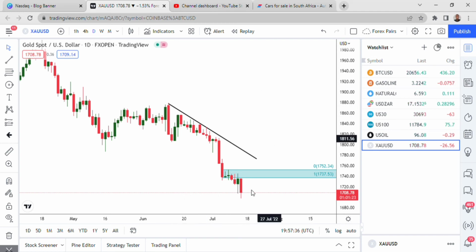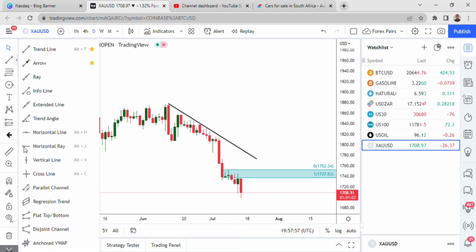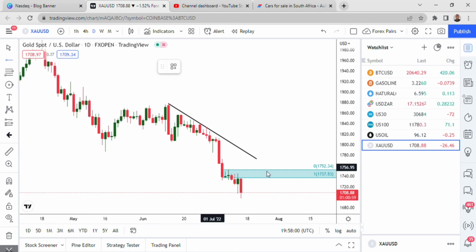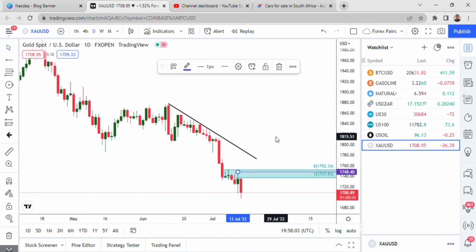On daily, we don't yet have it, because remember we said on the higher time frames, we are looking for reasons to go up, or we are looking for reversal signs and stuff like that. On daily, we don't have that. We had a sort of rejection candlestick here, but it failed. Remember, it's pointless for the price to give us a pin bar and still fail to go above it. So if the price had broken that range of the pin bar and went above it, it would have mattered, but in this case it didn't do that.